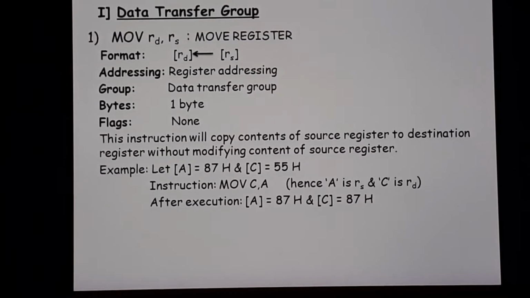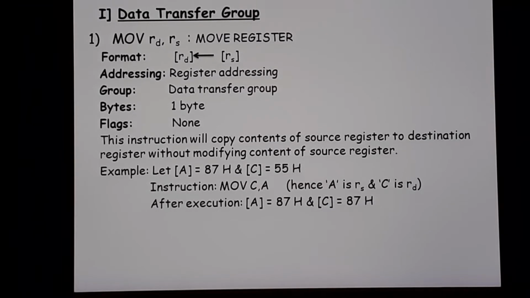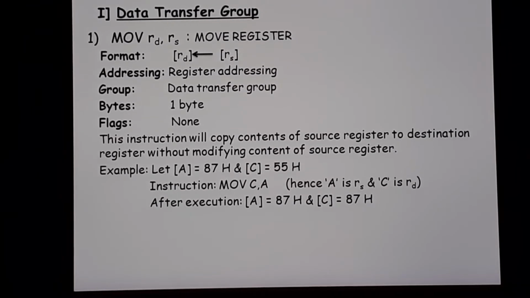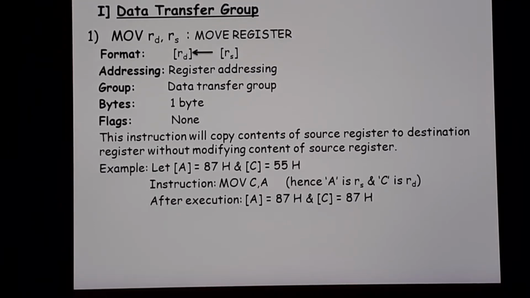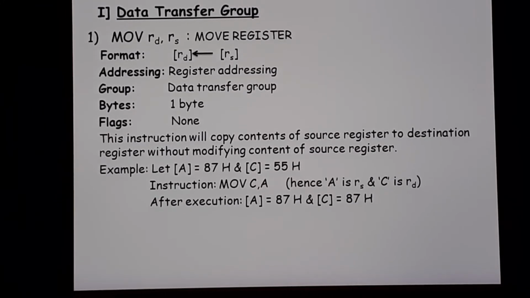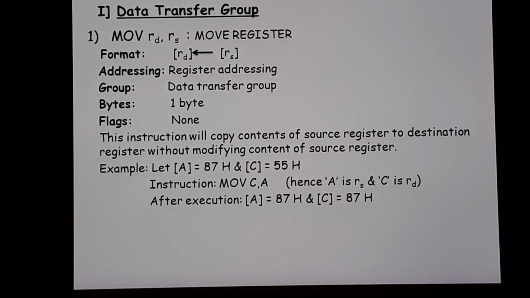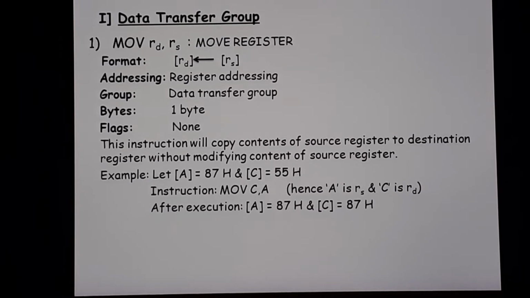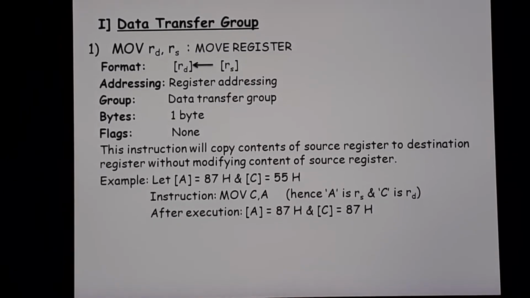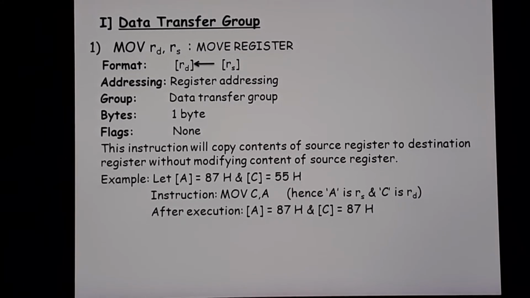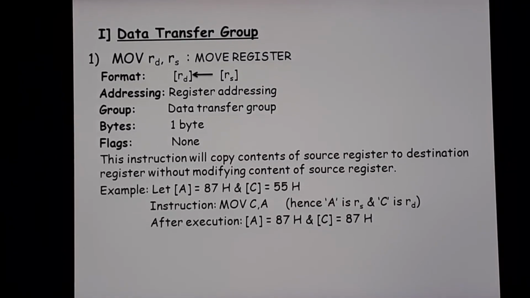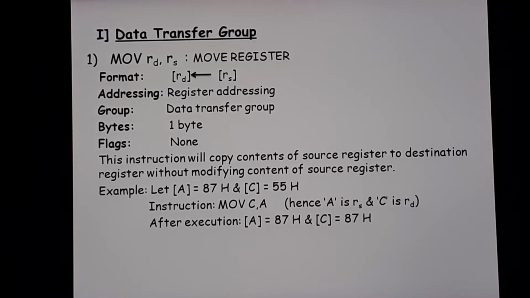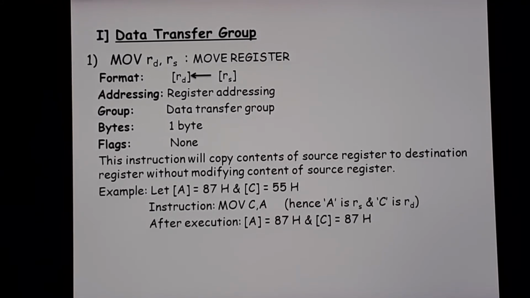The very first instruction that we will start today from the data transfer group is number 1, MOV RD, RS. When I start with the instructions here, you need to study all of these instructions very, very nicely, otherwise you will not understand any of the programs which I'll teach you the next time. The data transfer group was the first group among the instruction set, so today we'll start with that group and the instructions in that group.